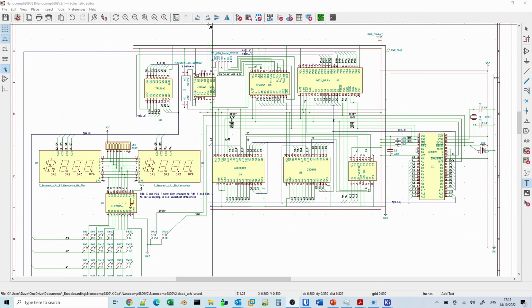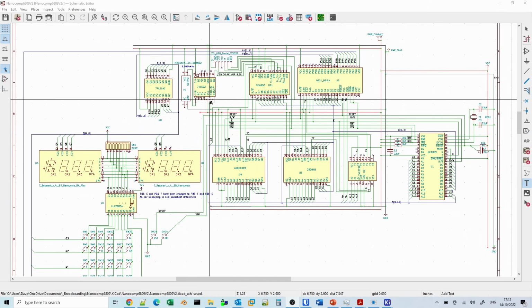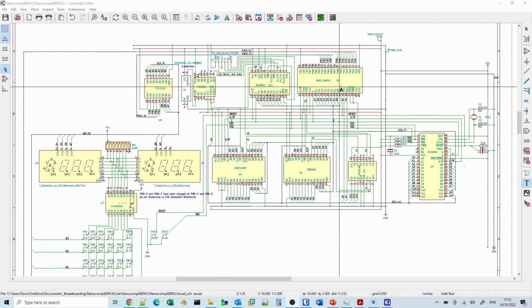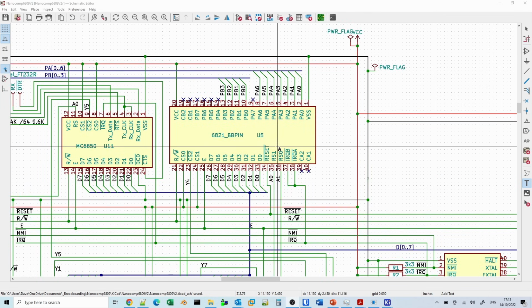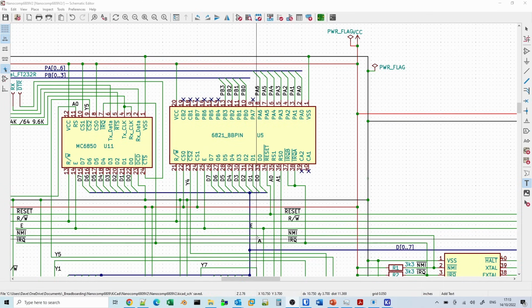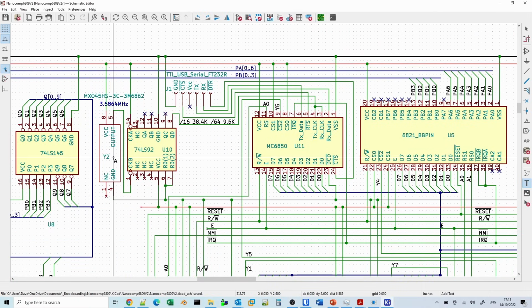So what I've got here is the KiCad schematic of the NanoComp, and what I've done is I've moved the peripheral interface adapter over a little bit on the diagram. This is also as reflected on the breadboard. And what we've done here is add the 6850 here, along with the clock chip. So rather than getting a separate crystal oscillator with capacitors and perhaps an inverter to generate the clock, it's a lot easier just to use the pre-built 4-pin crystal clocks here. So all we need to do is hook up the ground and +5, and then we get a 3.6864 megahertz signal